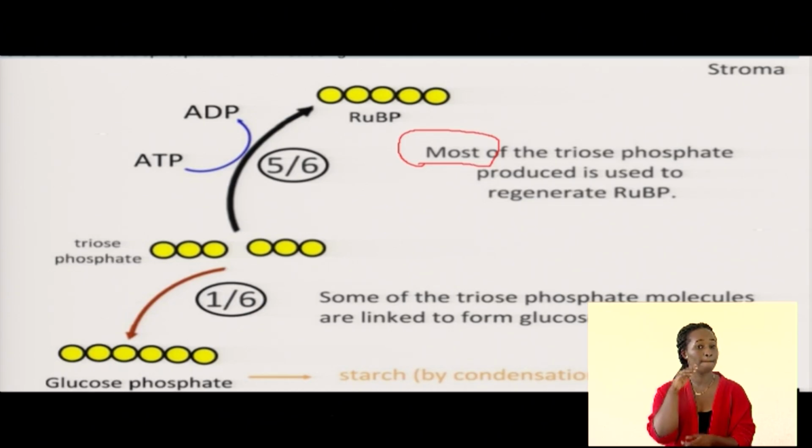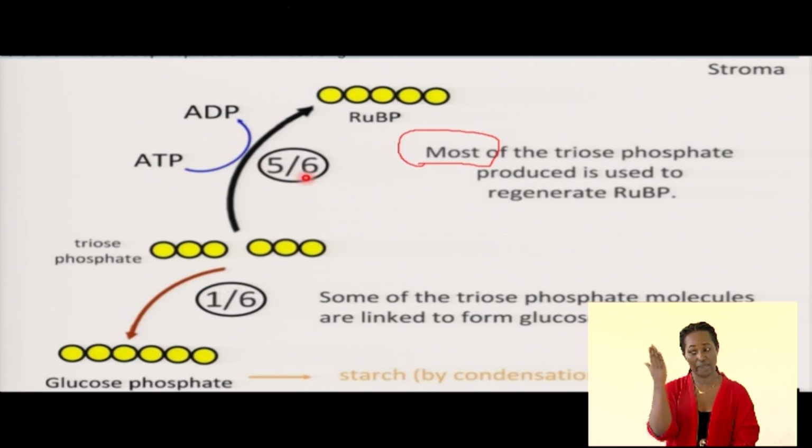Most, it means that a percentage that is above 50. It means that a greater portion of what we have here is used. It is funny that you've moved all the way through, suffered with the light, suffered with the carbon dioxide, got reduced, got activated, and once you have reached here, instead of forming enough foods,